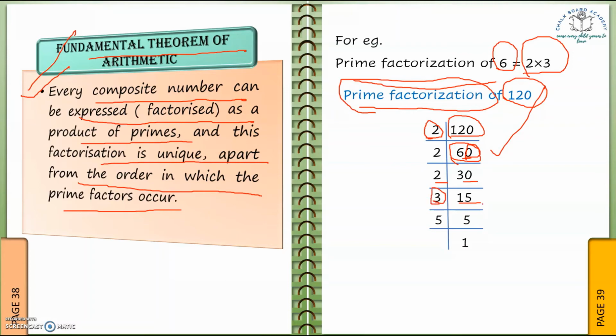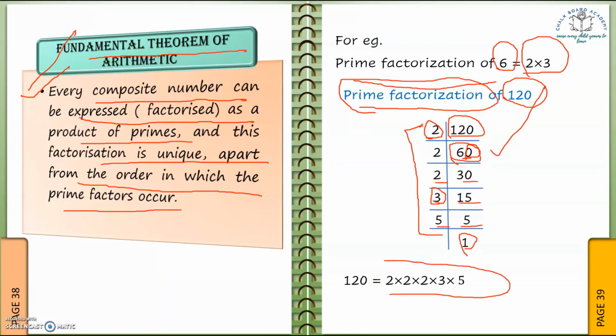We know 15 is actually a multiple of 3. So 3 multiplied by 5 is equal to 15. So we have divided 15 by 3. So we got the result as 5. Now 5 can be divided by 5, giving 1. So these are the numbers which are multiplied together to form 120. So in prime factorization, we have factorized the number into prime numbers. So we can write 120 as the multiple of these prime factors 2, 2, 2, 3 and 5.